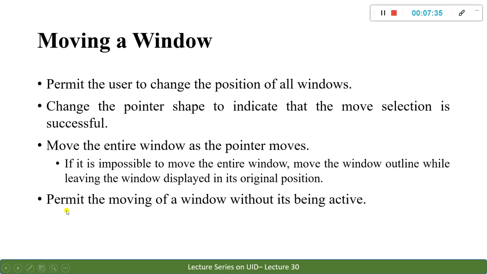You should also permit moving the window without it being active. Even if it is not active, you should be capable of moving the window. You need not bring it to the foreground to move it. This is also an operation you can provide for your customers when you are a user interface designer.